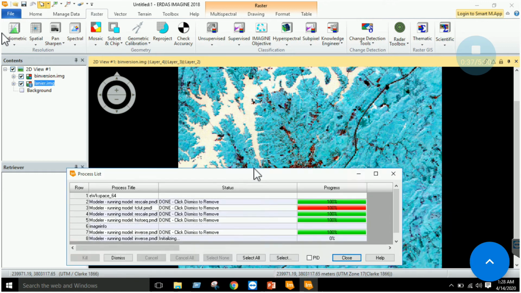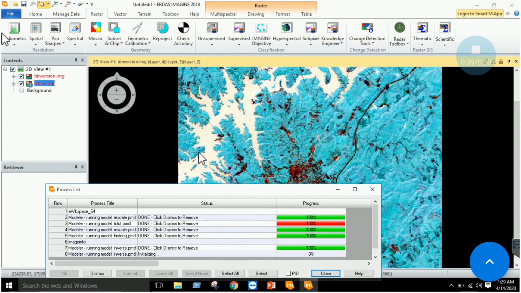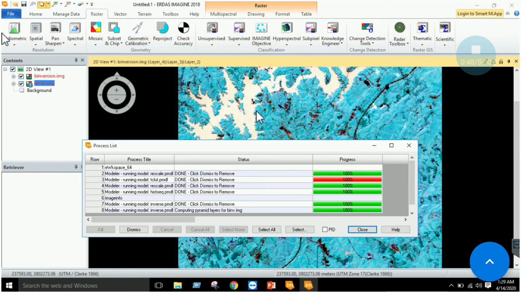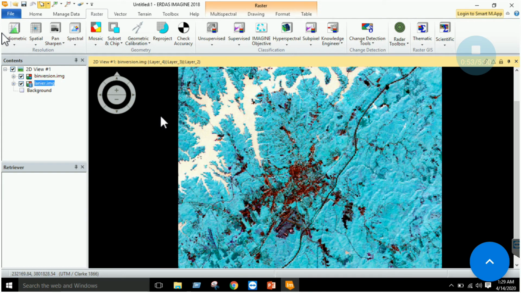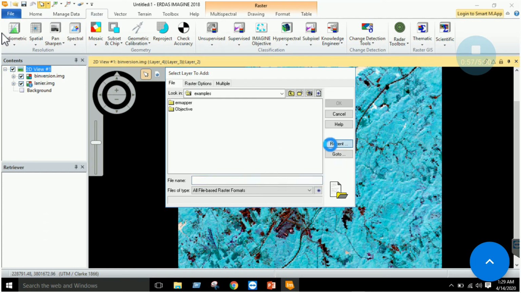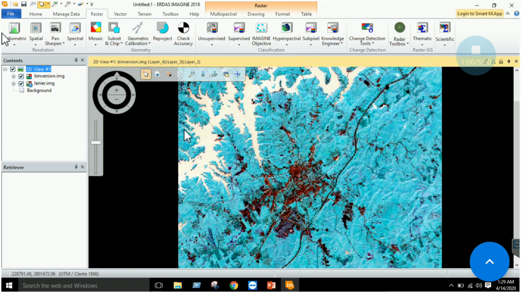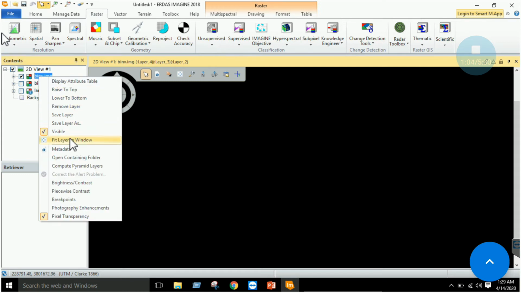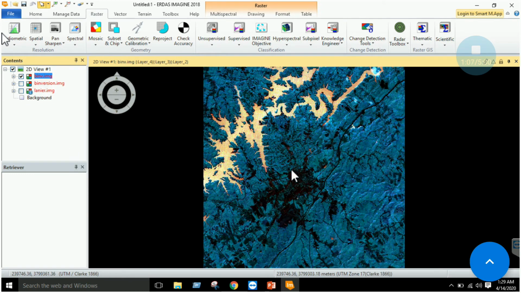Now what is the importance of brightness inversion or reversion? That some features are very clearly highlighted, right? So you can easily extract those features by performing digitization or by using some indices, etc. So this tool is useful in extracting features. Just see what inverse, brightness inverse does. Okay, here it is. It shows me something like this.